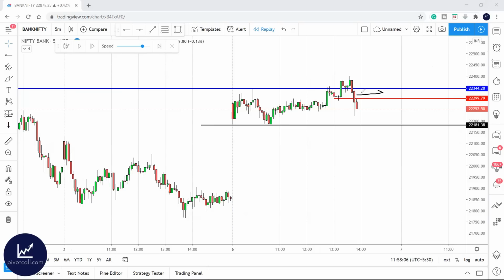Which is the fake out? The fake out is this candle, right? The candle which broke the breakout candle low, you should enter. This is the entry. That means the people who went long here got trapped, and their stop losses are getting hit. So you have shorted this red candle. Where will you take profit? I said take profit at the level where the market made a big bounce, right?